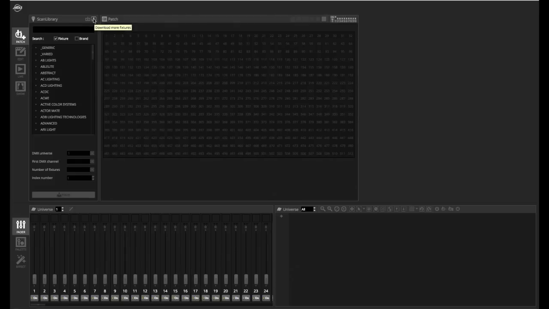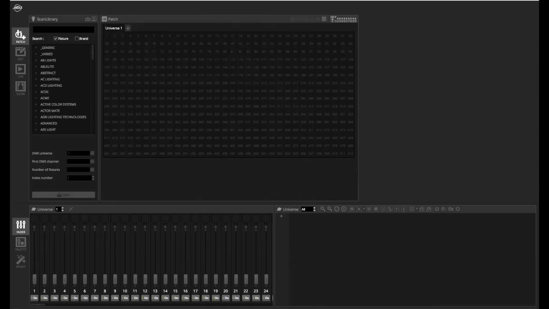So if I want to update the library, do I have to update the entire software, or can I just click a magic button? You can just click the import button to add it magically to an imported folder. Ooh, or I have the download more fixtures. So you can actually click that and you'll get a little window that pops up that says downloading more or